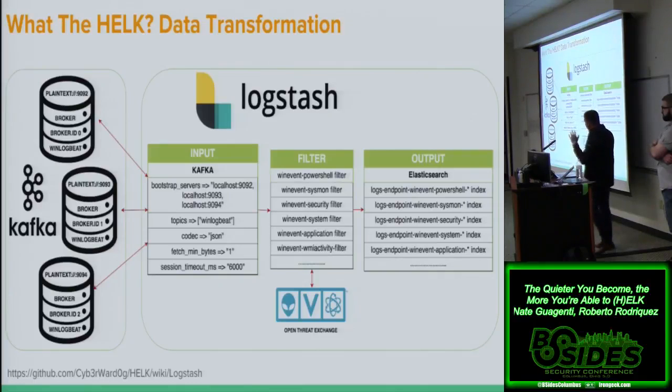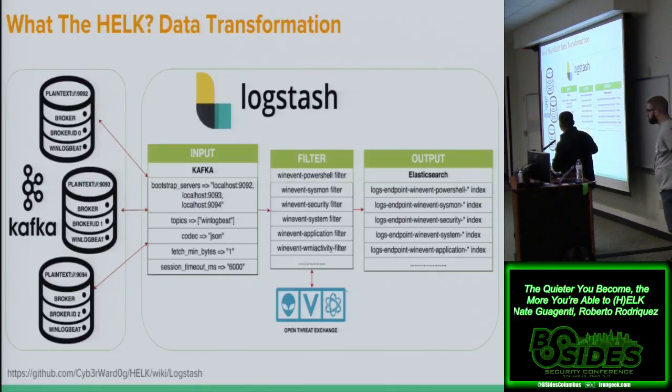And as you can see here, and you can probably look into the slides later in a little more detail, Logstash works with input filters, right, and then with output filters. And here's where you can start transforming your data with different filters per data source that you have. I also have an enrichment from OTX, which is a threat intelligence platform. The only reason I have that is because now I can start looking into my hashes, for example, and also the IP addresses.